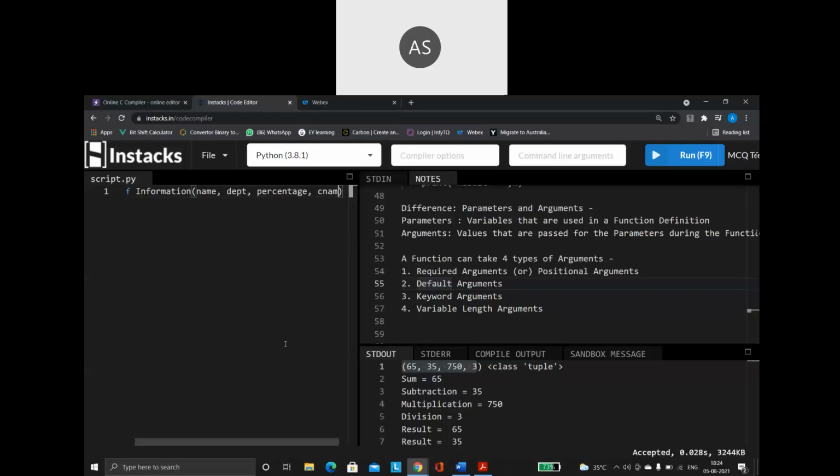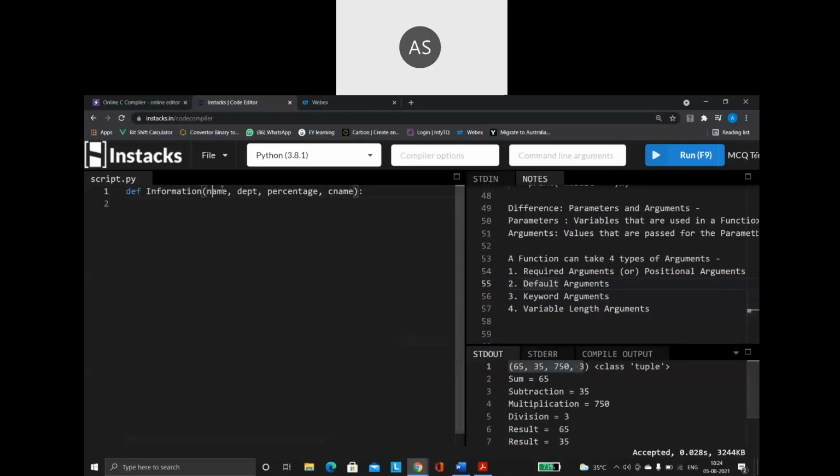Let us say cname. These are all the pieces of information that I'm going to pass as parameters. So how many parameters are there? Four parameters.